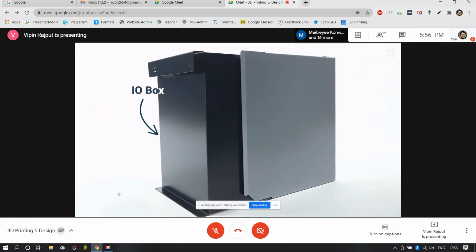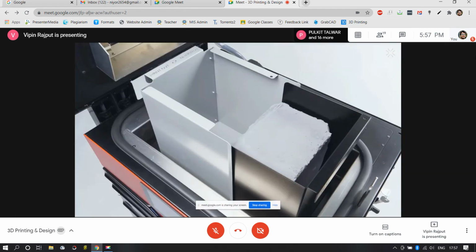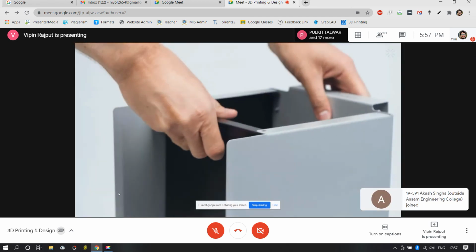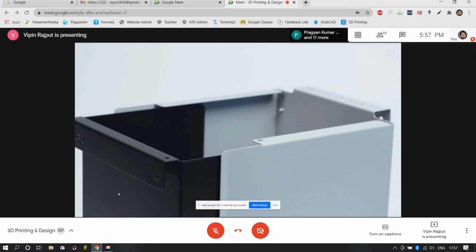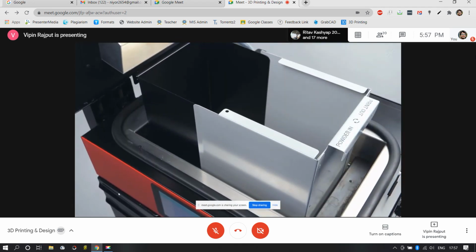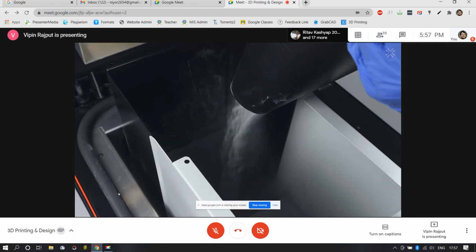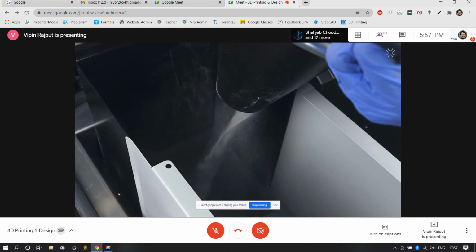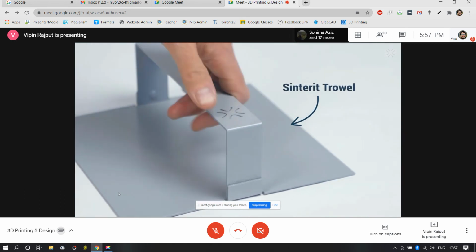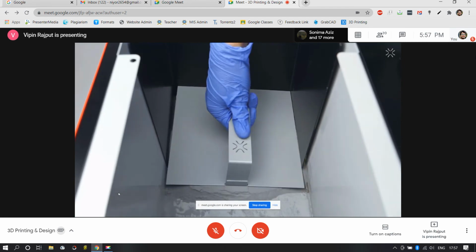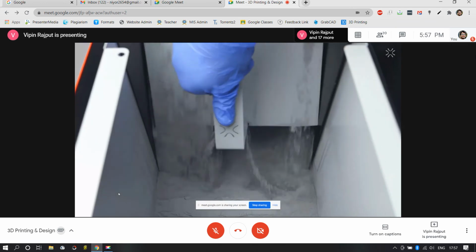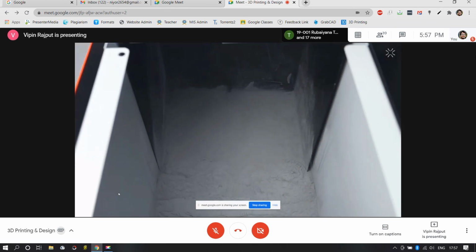The I.O. box was initially designed to take out ready printouts. Now it has one more function. When you turn it around, it can be used as a guide for powdering the printer. It perfectly fits the feed bed, so it secures the pyrometers and mechanical elements. All of the powder will fall only into the feed bed, and nowhere else. The trowel isn't a new device, but it was redesigned to fit the whole feed bed. Now the tamping process is faster and is done in just one move. This ensures uniform pressure distribution and proper powder density.